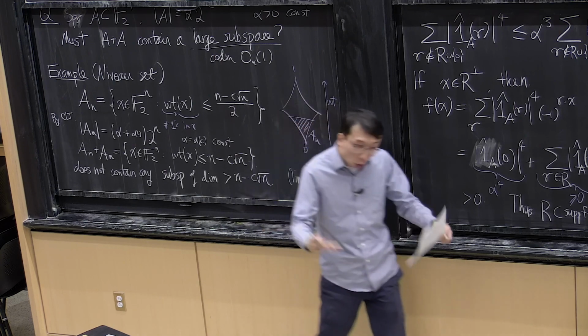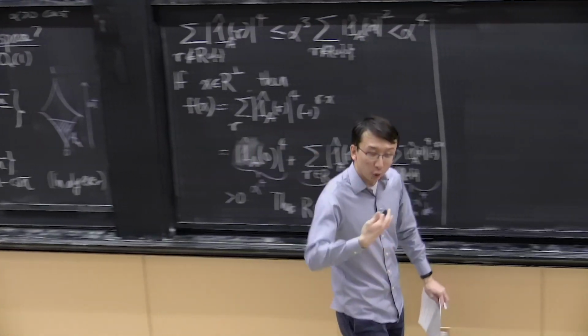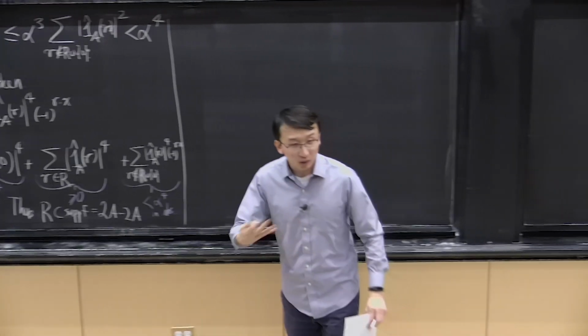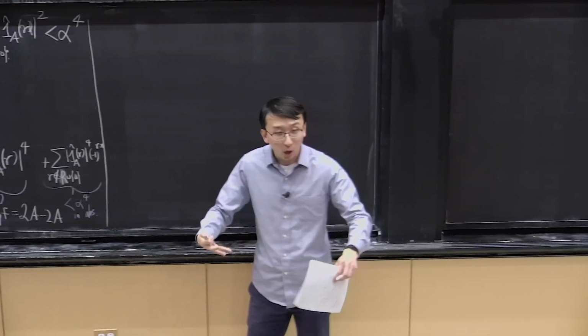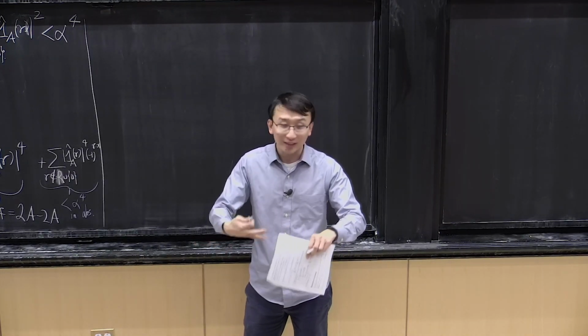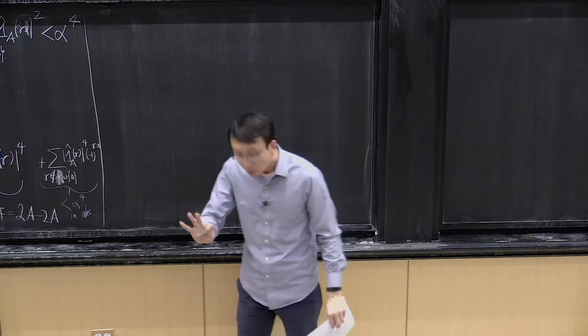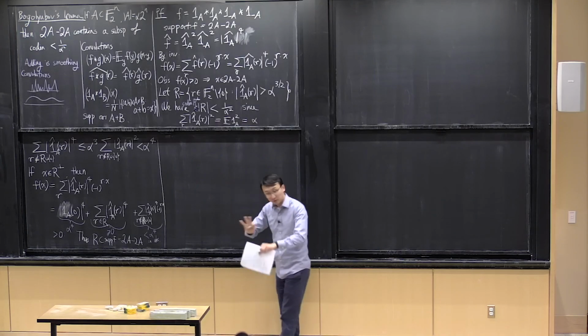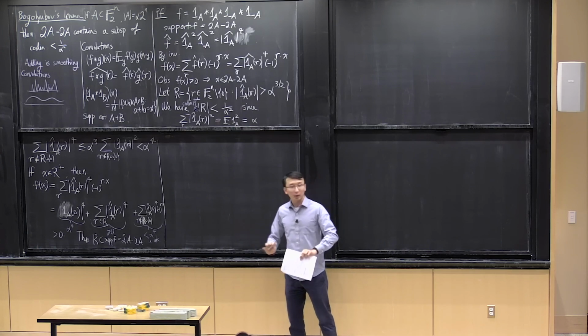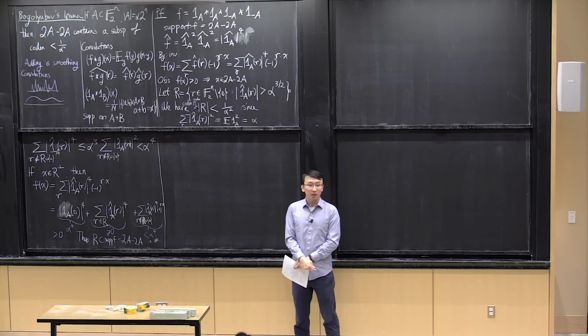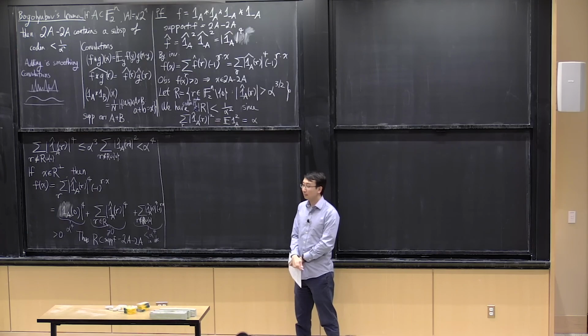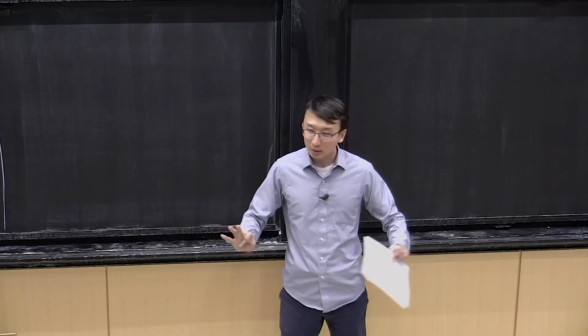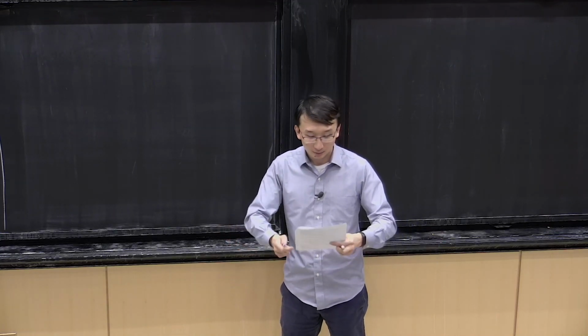Okay, so if you have a large subset of F2 to the m, you add it to itself enough times so that it's a smoothing operation, and then eventually you must find a large structure. And we only start by assuming the size of it. If it's just large enough, then we can find a large structure within this iterated sumset. Any questions?